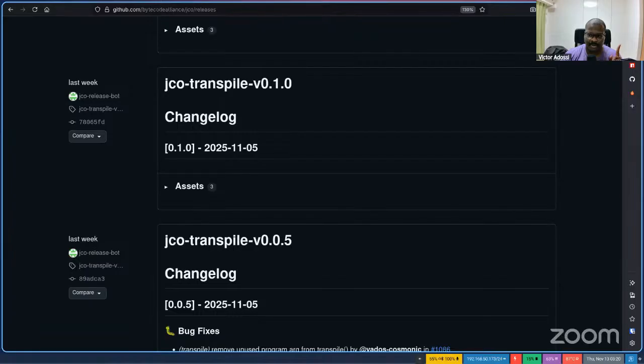Oh, and also one thing I will add before I throw it back to Bailey, a bunch of Jco has also been moved and is being moved to TypeScript. So if that was stopping people from contributing before, it's TypeScript now. Large parts of it are TypeScript now. So feel free to jump in. Should be a lot easier.